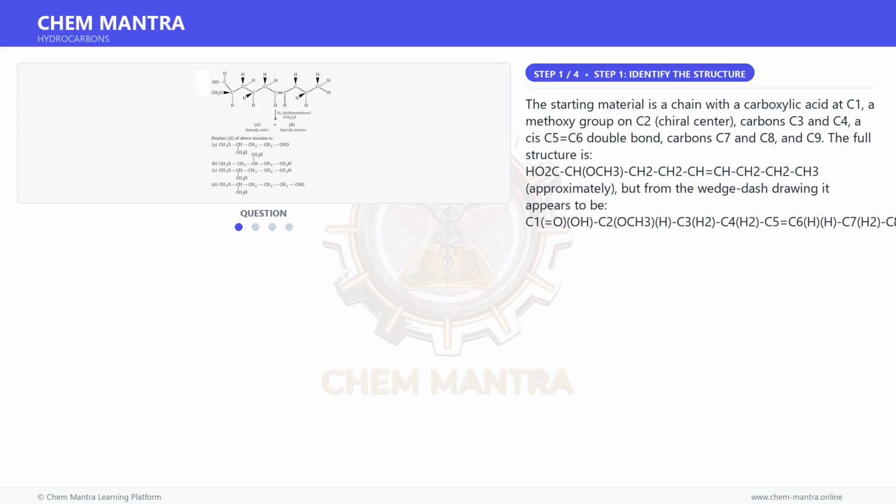The starting material is a chain with a carboxylic acid at C1, a methoxy group on C2, a chiral center, carbons C3 and C4, a cis C5=C6 double bond, carbons C7, C8 and C9. The full structure is HO2C-CH(OCH3)-CH2-CH2-CH=CH-CH2-CH2-CH3, approximately, but from